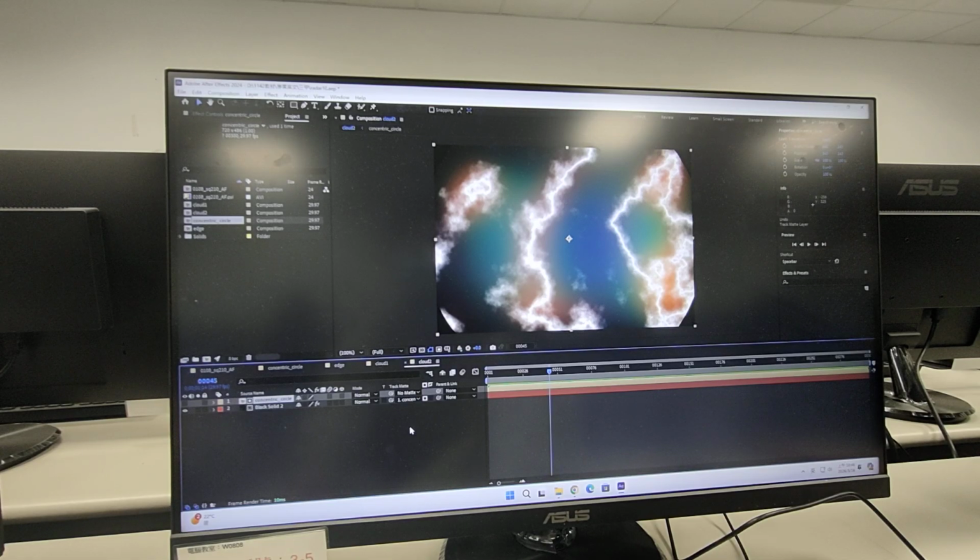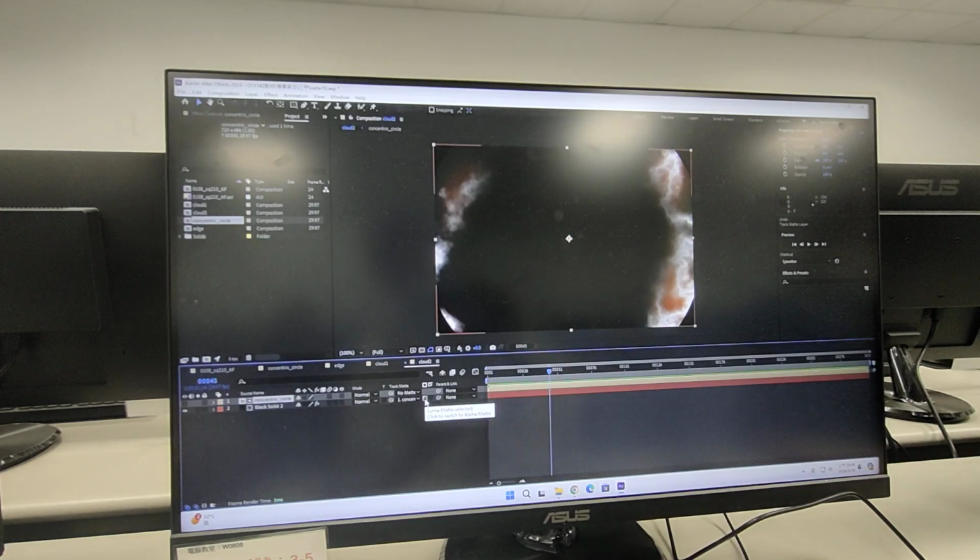And one more thing, very important: you have to check here to change alpha mate to Luma mate, because we are using the Luma of our concentric circle.